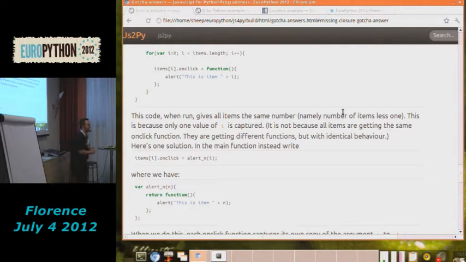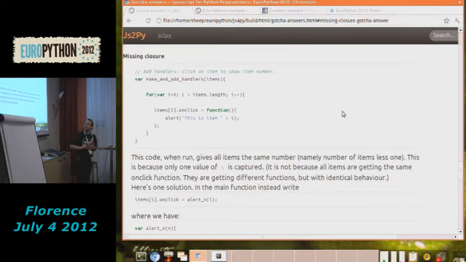That's another gotcha we will have. There is another thing that's happening here. Actually, I'm missing the function keyword here. Nobody pointed that out. Anyways,